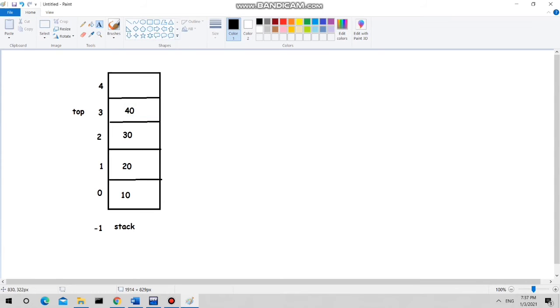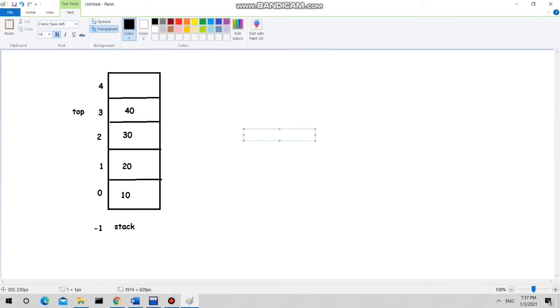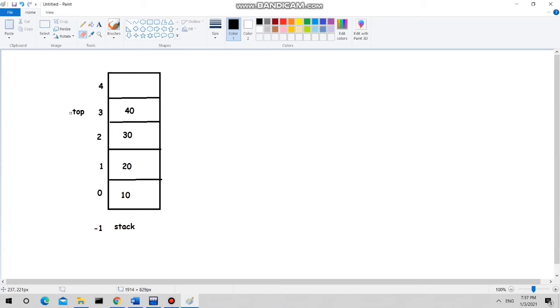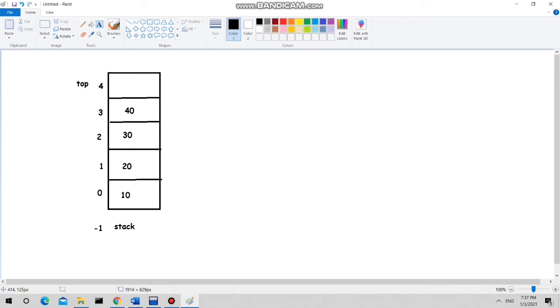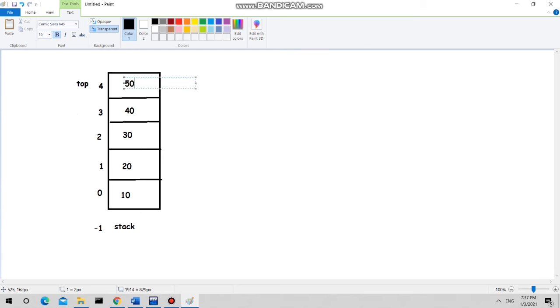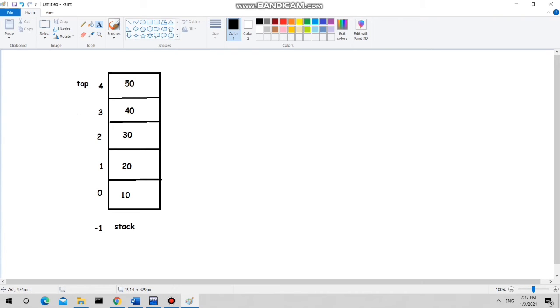Now suppose I want to insert one more element. Can I insert? Yes, because top is right now 3. It is not equal to size minus 1, so I can insert. So again the else part will be executed. Increment top by 1 and insert the new element. Now check. Can I insert one more element in my stack? No, because top is already 4.